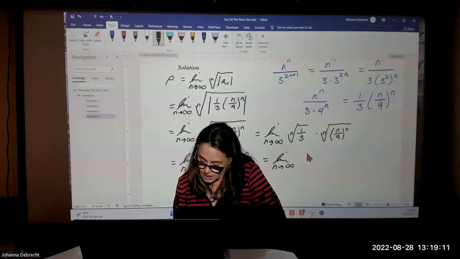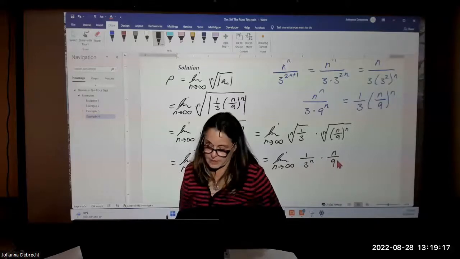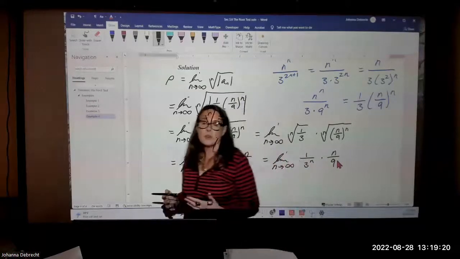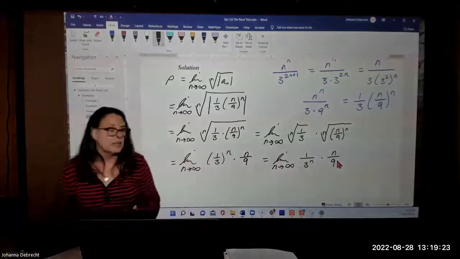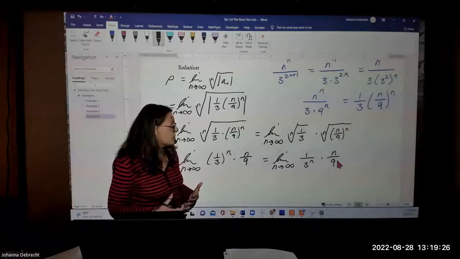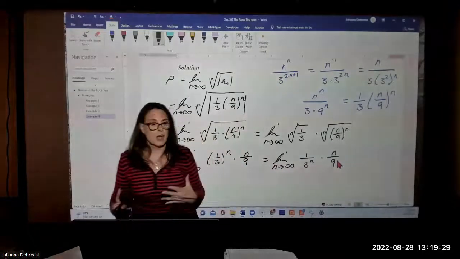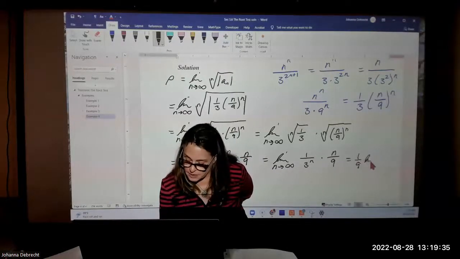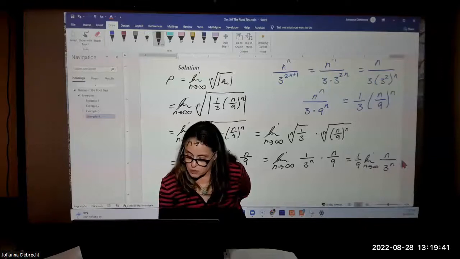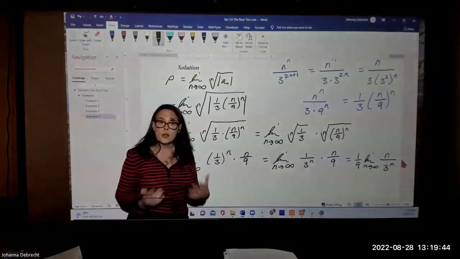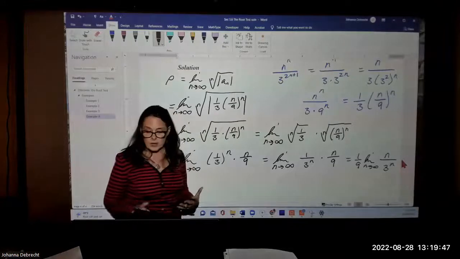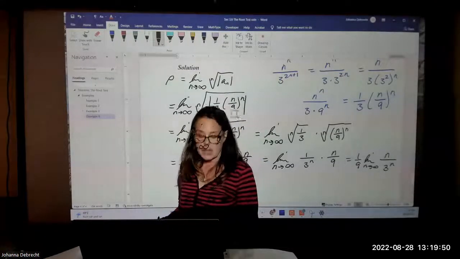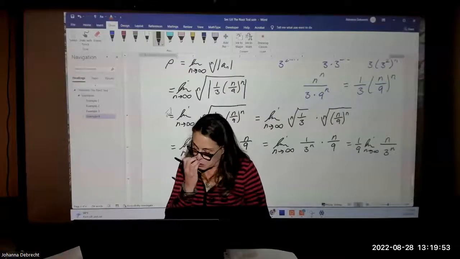The next thing we want to do, of course, is rewrite the expression 1 over 3 to the nth power as 1 over 3 to the nth times n over 9. And then we have to think about what this is going to approach as n goes to infinity. Now we have the form of infinity over infinity. The 1/9, of course, is a constant. We can factor that out of the limit. And then we have 1/9 times the limit as n goes to infinity of an algebraic function n over an exponential function 3 to the n. Now we can apply L'Hopital's rule one time, or you can claim the relative growth theorem. Exponentials outpace algebraics, and it will drive it down towards